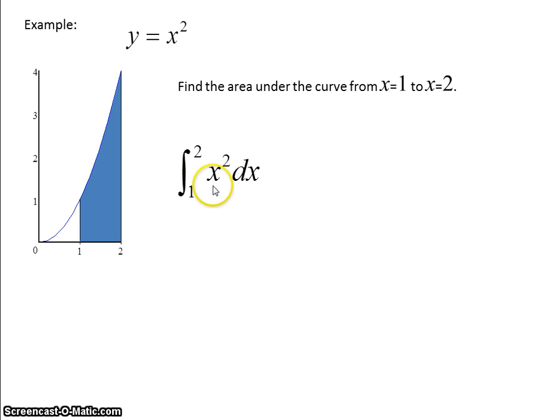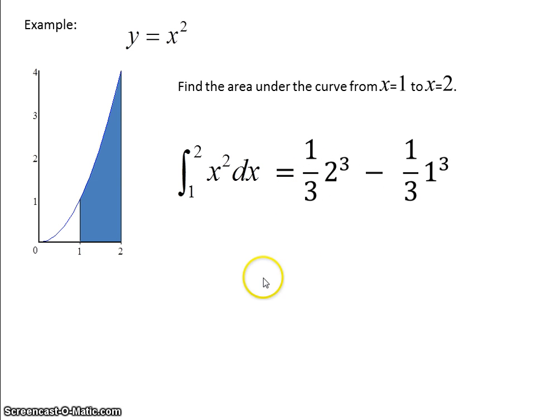Well, let's do anti-differentiation on this x squared. As you remember, hopefully, you increase the power by 1 and you divide by the new power. So it's going to be 1/3 x cubed. I'm going to have to plug in these limits from 1 to 2. That's why I have 2 of these quantities, 1/3 x cubed. Let me plug them in right here. So it's going to be 1/3 2 cubed minus 1/3 1 cubed. So I get 8/3 minus 1/3, and I get